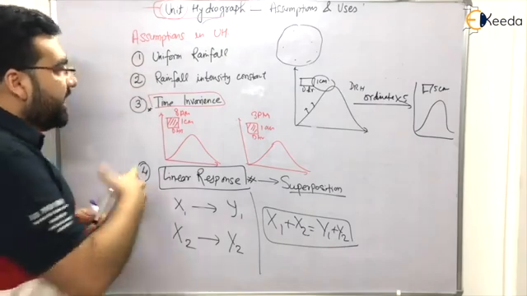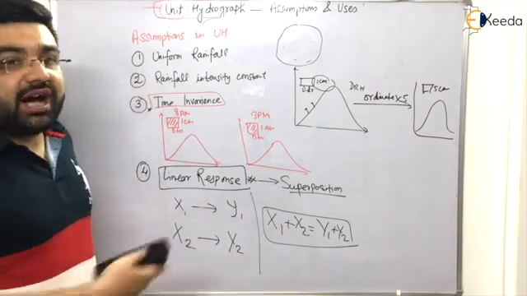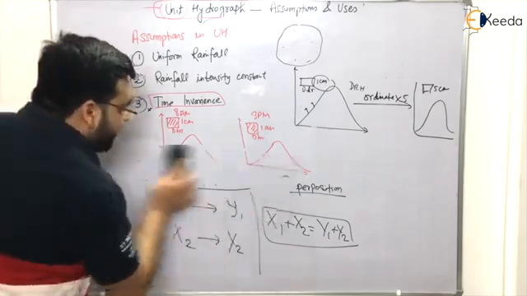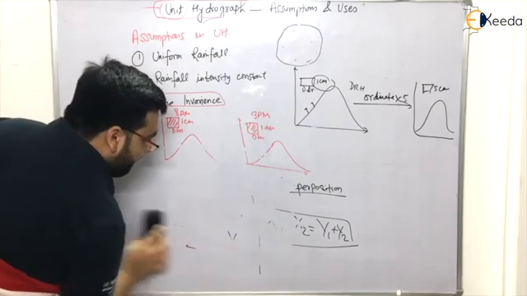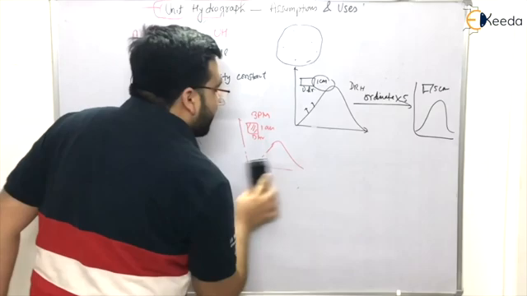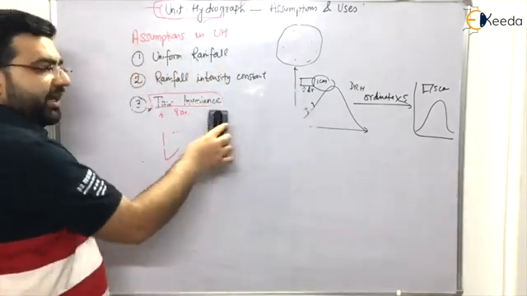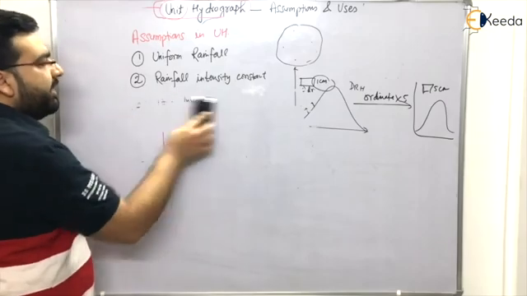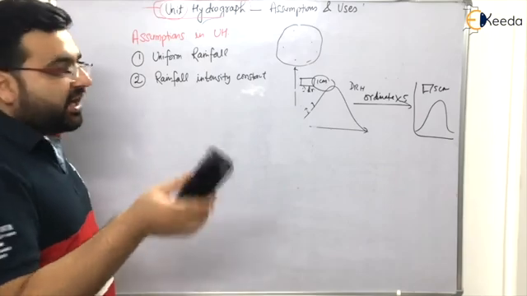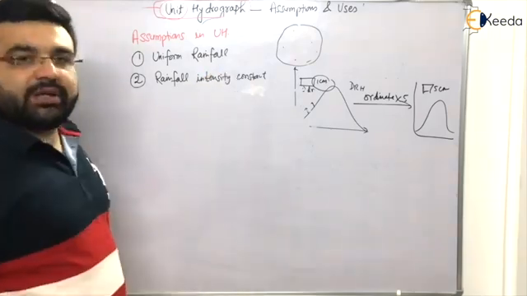Clear? Now let me make you understand what types of questions are generally asked from this topic, that is the unit hydrograph, right? Now, you have understood that a unit hydrograph is a direct runoff hydrograph in which the depth of the effective rainfall is taken as 1 unit. It can be 1 mm or 1 centimeter, but generally it is taken as 1 centimeter. And what is the rainfall intensity? Rainfall intensity will be equal to 1 centimeter or 1 mm divided by the duration of a particular rainfall, right?